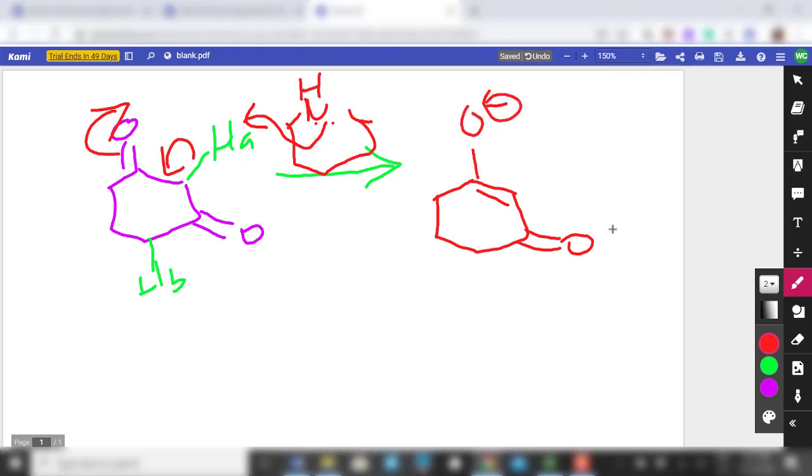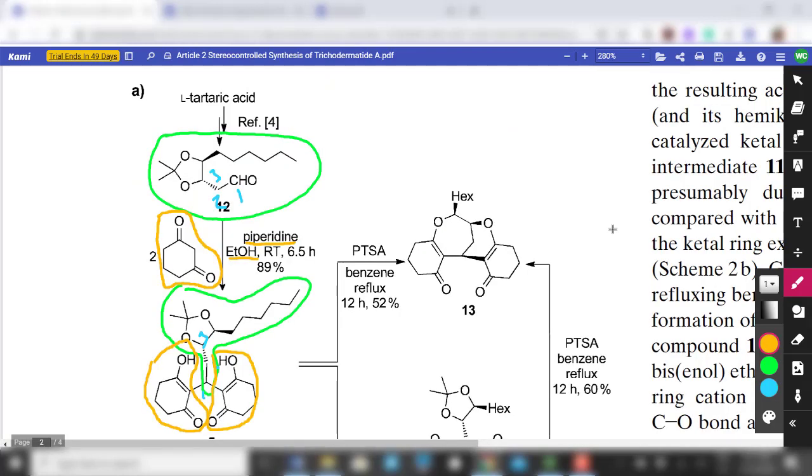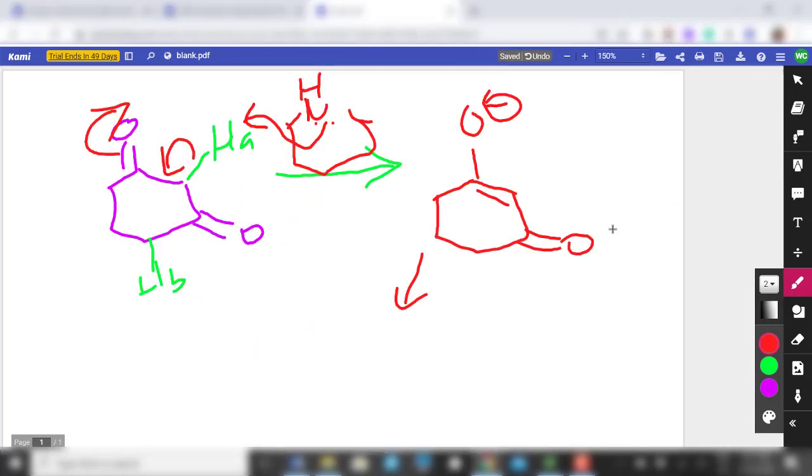Okay, so we get this, and then what do you think is next? Are we going to draw the whole structure of 12 out? Obviously not. So we are just going to represent it with a short form, which is represented with R. So in this case, I'll just draw it as an R group, bonded to the